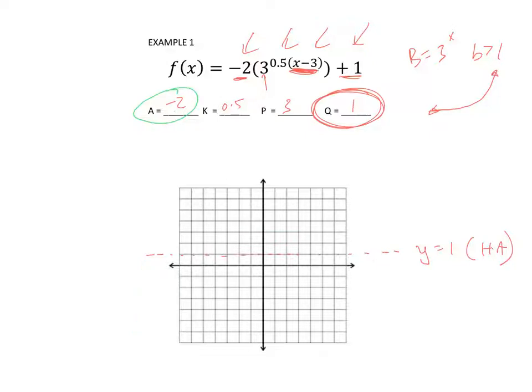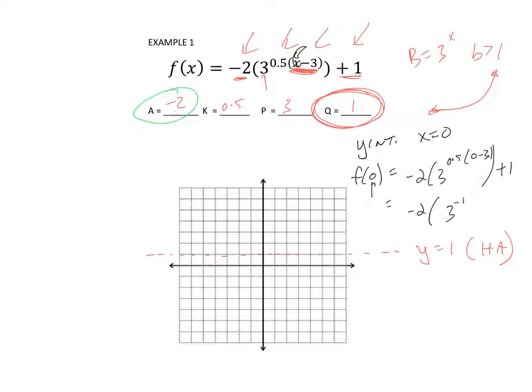Now the next thing is, we need to figure out a dot, a point, and we're going to figure out the y-intercept. So on the right-hand side, to find the y-intercept, let's let x be 0. So I'm going to sub in using proper function notation. So there's my input. Anytime I see x over here, I'm going to replace it with a 0. So I'm going to copy down the equation, 0.5 in brackets, 0 minus 3, and then plus 1. And over here, I'm just going to work this out. That gives me negative 1.5 plus 1. And then this is where you need your handy calculator, and that should give you